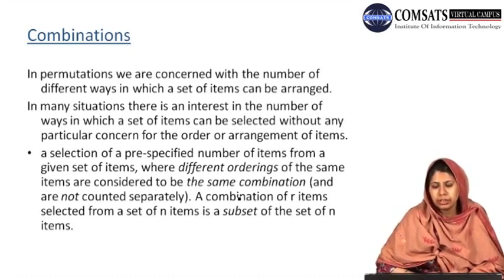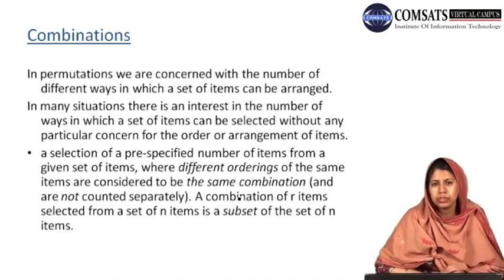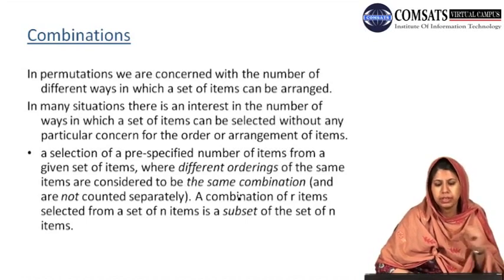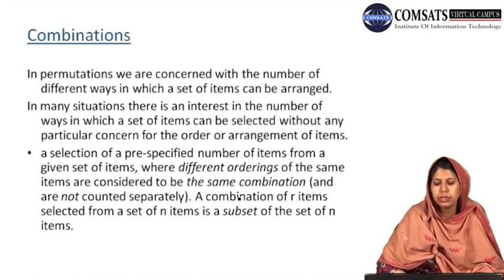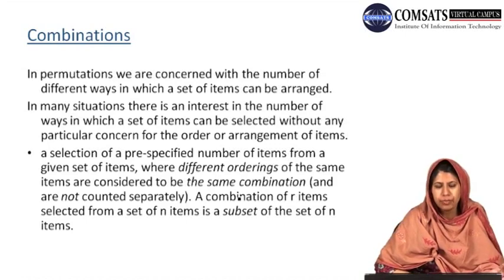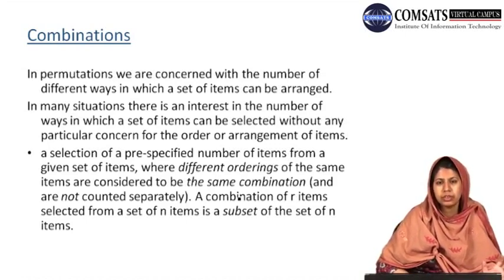In permutation, we have used the same items as in our first example of 3 numerals, taking all the 3 at the same time. We have used the 3 items, and the arrangements 1 2 3 and 3 2 1 use the same 3 numerals. But if we restrict ourselves to knowing the number of ways in which this selection can be made without any repetition of items, then such a collection or number is known as a combination.